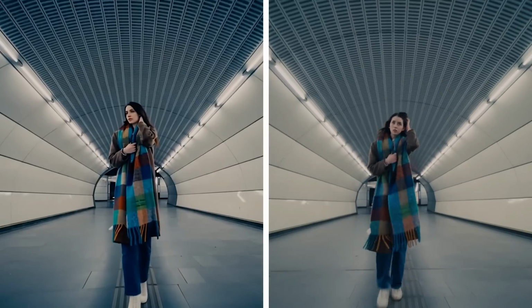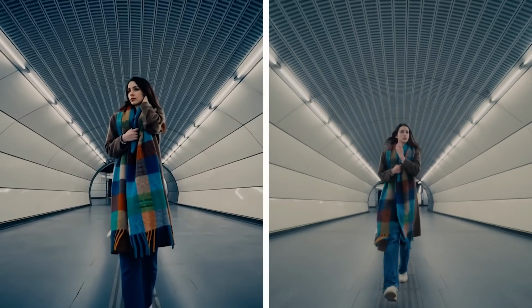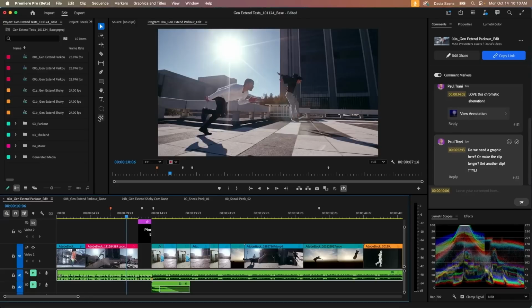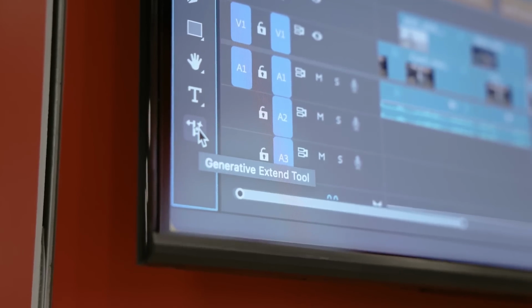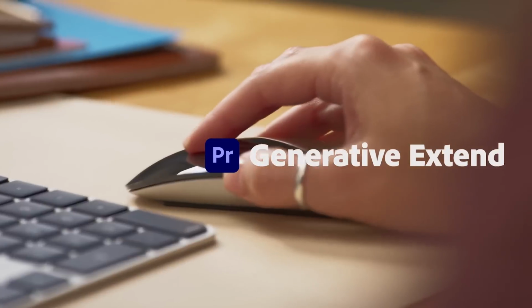Like, the character consistency is not there for it to be used for narrative storytelling. And there's still so many artifacts here and there that careful observers will be able to tell an AI video shot from a non-AI video shot in many cases. It can't do text perfectly yet, and often it lacks the precise controls that are needed on projects where every frame matters. Now with this Premiere release, I think this is the first time where we have something really significant,